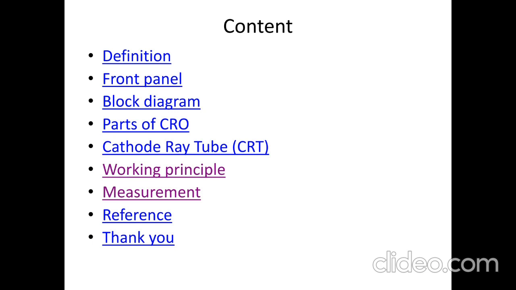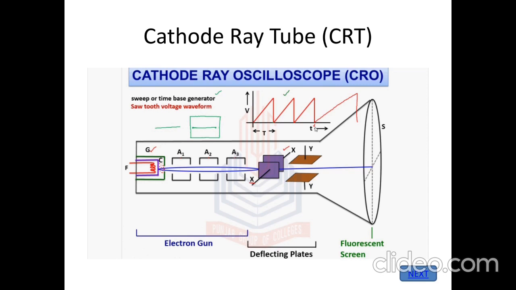If you're going to see this cathode ray tube, how it is going to work exactly is, my cathode is getting heated, and it is emitting some electrons, right? Those electrons will be passing through the control grids. These A1, A2, A3 are control grids. These control grids are centrally located, in a coaxial manner with the tube. A negative voltage is applied to the grid. The negative voltage repels the electrons and generates a narrow beam. So a narrow beam is generated. Thus by controlling the negative voltage applied to the control grid, we can control the intensity of the beam.